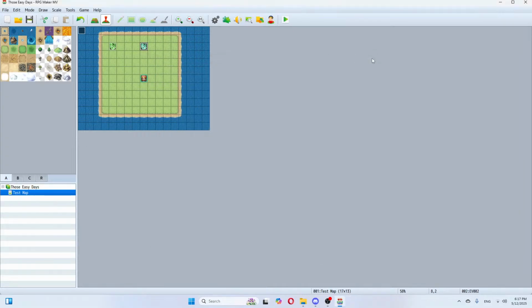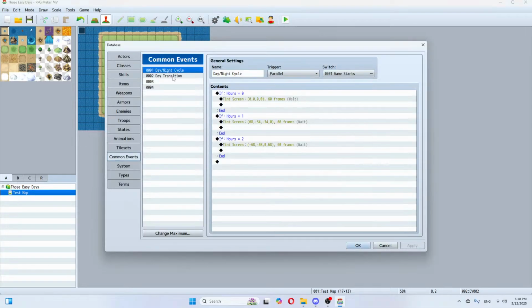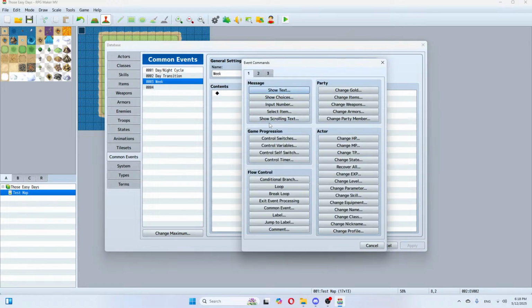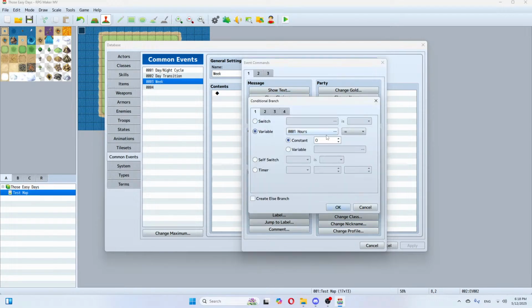But I know for a fact you are not convinced. I know you're not convinced, are ya? No, you're not. So, let's try another thing, shall we? Well, we're not going to try, we're going to do. Behold, this is called the week. And it runs parallel to game start. We're going to have some 7 conditional branches. When the variable days equals 0,